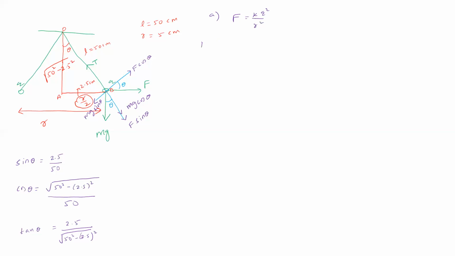So force is equal to k, which is 9 into 10 power 9, into q square. The Q value given in each sphere is Q equal to 2 into 10 power minus 7, so we take 2 into 10 power minus 7 whole square. Divide by the distance r, which is given as 5 centimeter. So we convert 5 centimeter into meter: 5 into 10 power minus 2 whole square. By solving all this, we will get the force as 0.144 Newton.